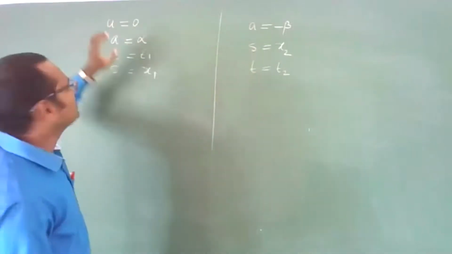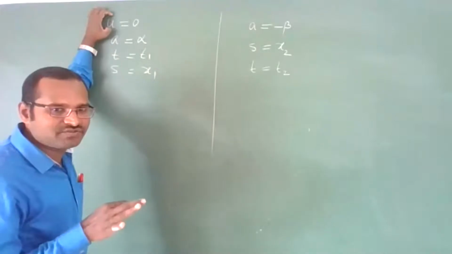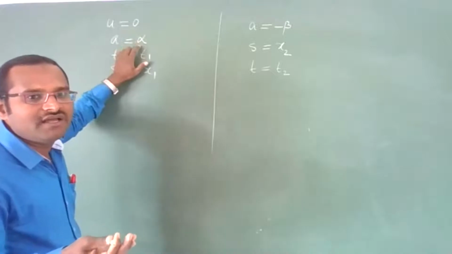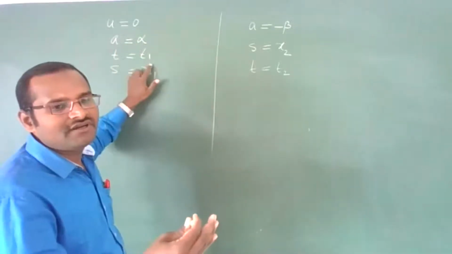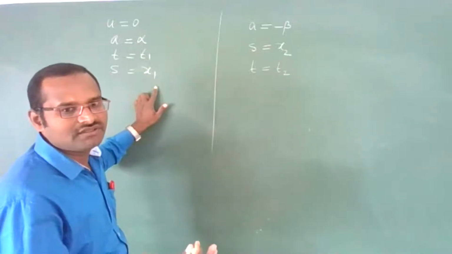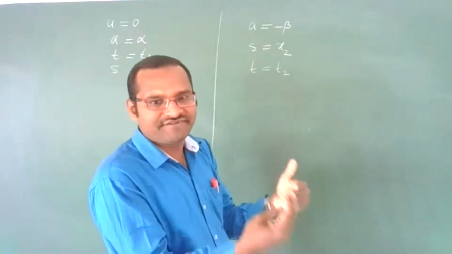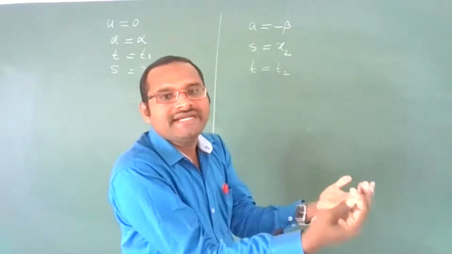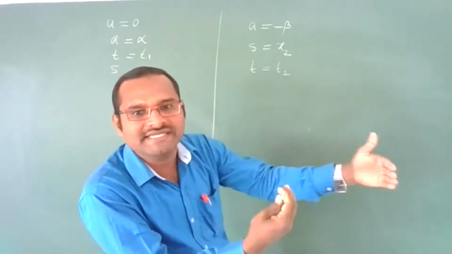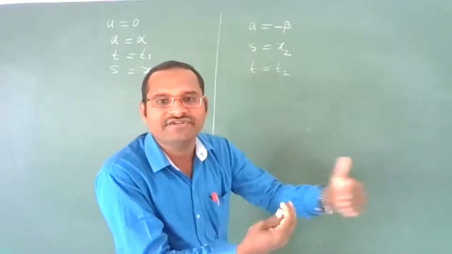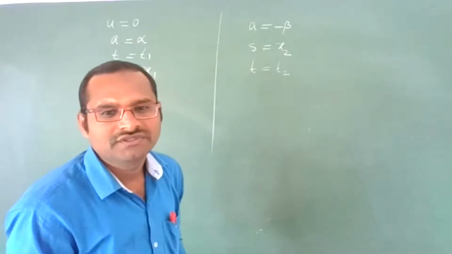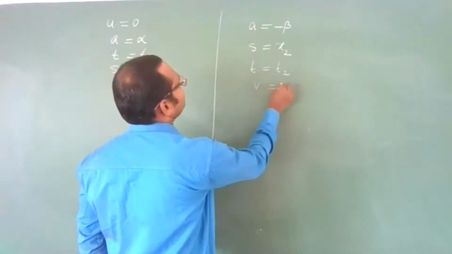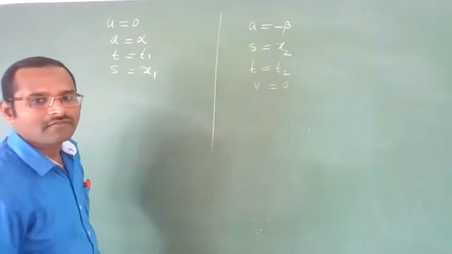First, initially there is a train moving. Initially, it is at rest. Now, as it moves, it gets an acceleration of value alpha, and it moves for a time of t1, so that it covers a distance of x1. Then, after covering a distance x1 in time t1, it starts decelerating, meaning its velocity is decreasing, and due to that it will cover a distance of x2. This will happen for a time of t2. The final velocity of the body, let us imagine, becomes 0.